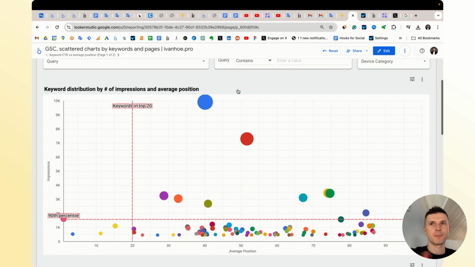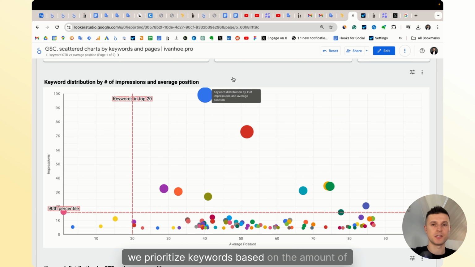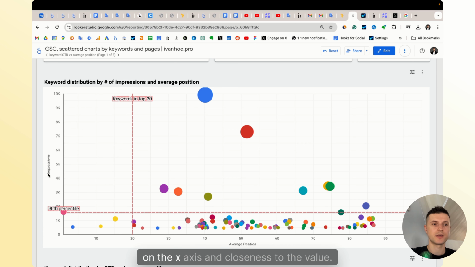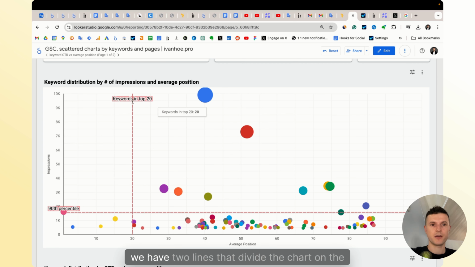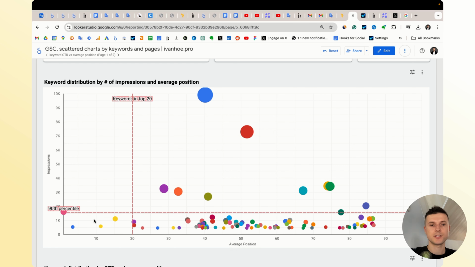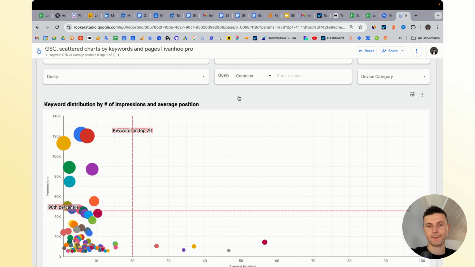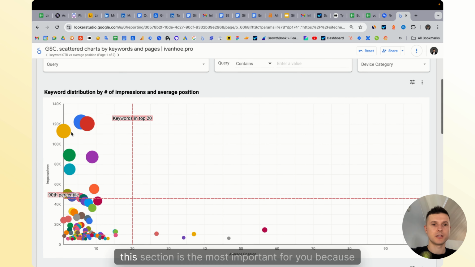The first one, we prioritize keywords based on the amount of value, which is impressions, on the x-axis, and closeness to the value, which is the average position, on the y-axis. So what does it mean? We have 2 lines that divide the chart into 4 sections, and usually it's better to show it on another website. Usually this section is the most important for you because here you have the biggest amount of value in